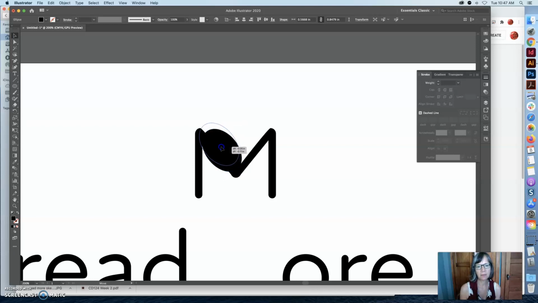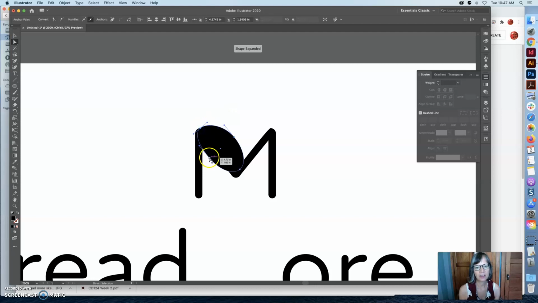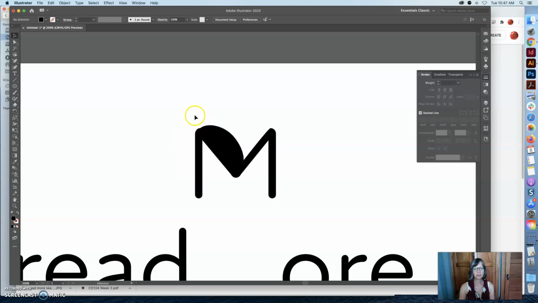So one of the things I'm thinking is maybe I want to make it a rounded shape so it feels like a book. So I'm going to unclick here. I'm going to pull this point over here and this point I'm going to push in there. And I'm going to look at how that looks. It's got possibilities. So now this shape here isn't perfect and smooth yet, but I'm going to copy this shape,